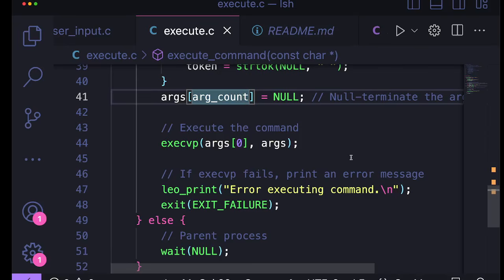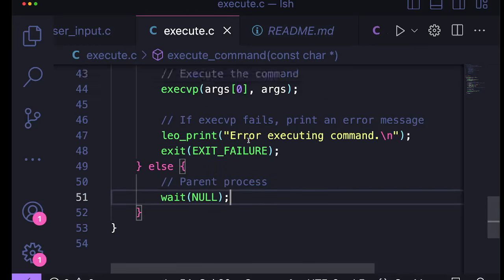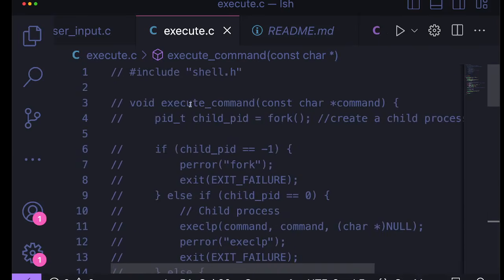We have tokenized the string. We have divided all of them into several individual commands. Then we encountered the null terminating string. Okay, the moment you encounter the null, that means the string is over. So what do you want to do next? Execute the process. You can use the execve function or execvp, exec whatever, the exec family of functions to execute that process. And then when you are done, you now want to print an error message if the process fails and exit with failure. Else, you're going to cause the parent process, just like we did in the first one, to wait until the child process is done executing. Very simple. So that is how you tokenize your